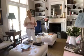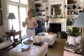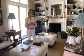And so this client's sofa has to sit in front of a sliding door. There's no solid wall behind it. It can't sit in the middle of the apartment. And so